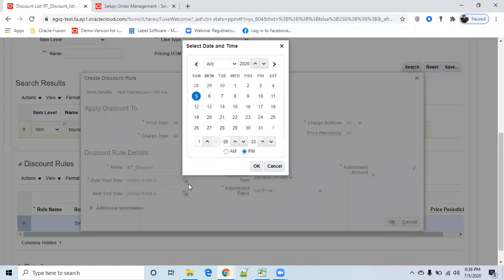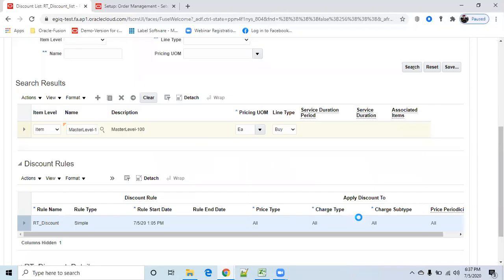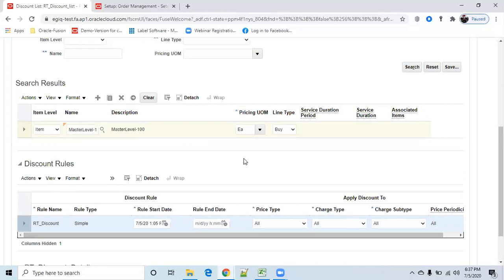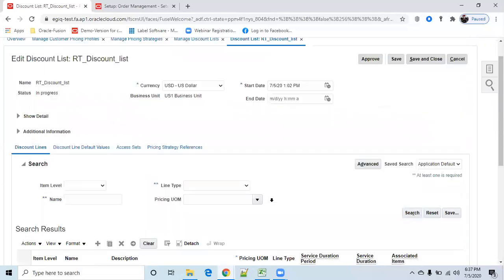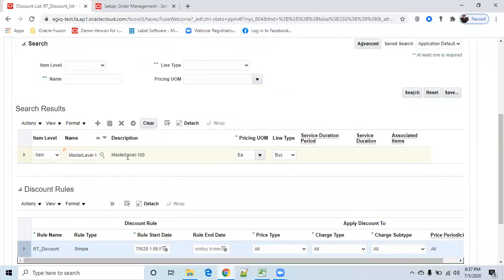Here we also have to provide your starting date. We are explaining a very basic one, not going in a complex manner. We took a very simple rule where the price type and charge subtype are all, and the discount percentage we are giving is 2%. This particular rule is applicable for this specific item.